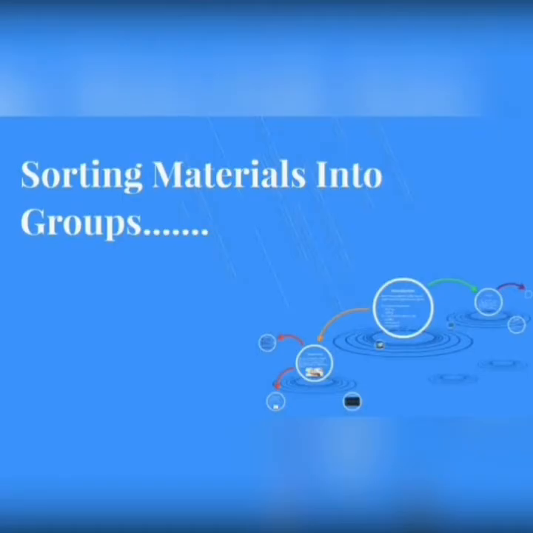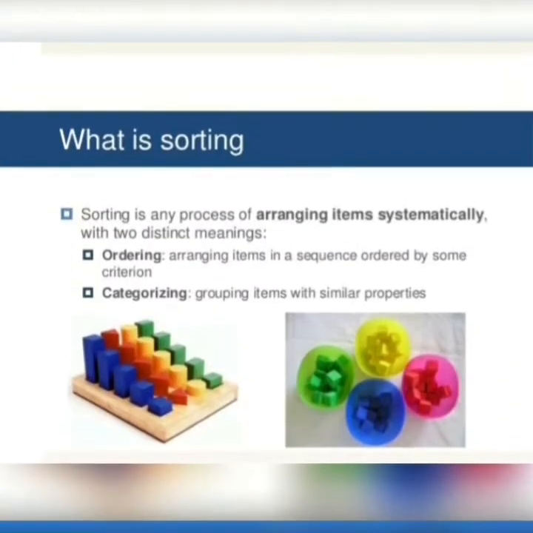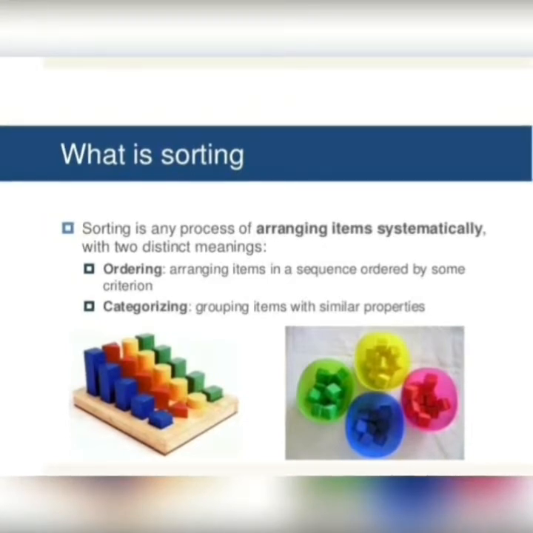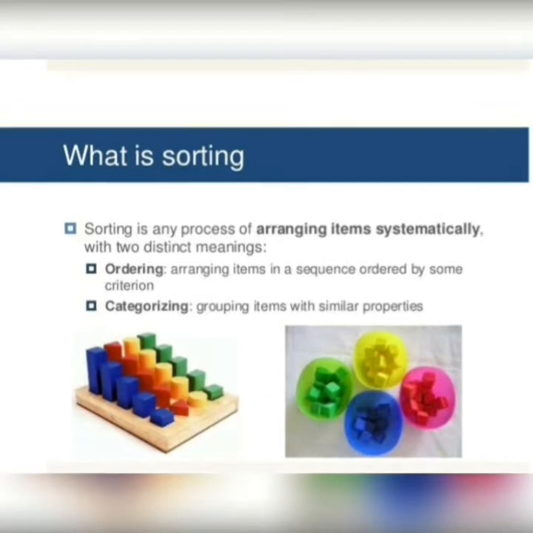Grouping of materials is very important because there is a different variety of objects everywhere, and all these objects are made up of different kinds of materials. Like some objects are made up of glass, some of metal, plastic, wood, cotton, paper. Clear? And all these objects differ from one another by some properties.